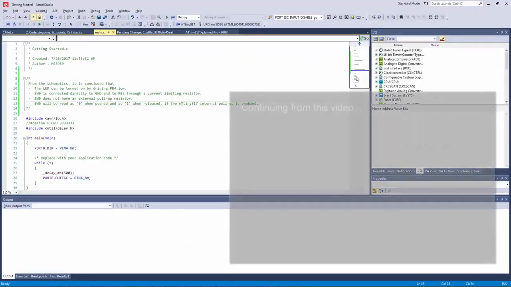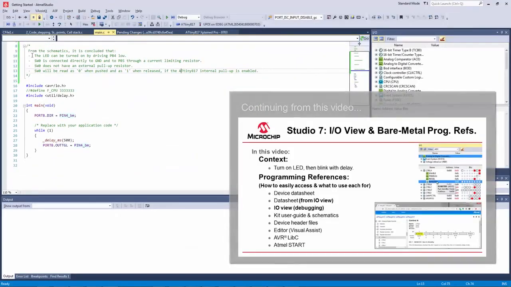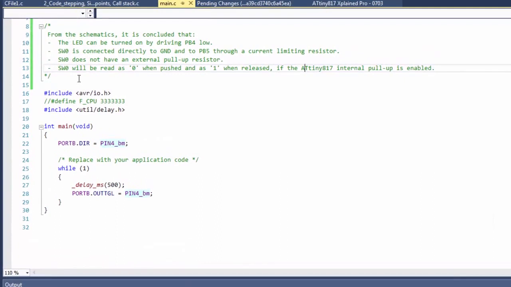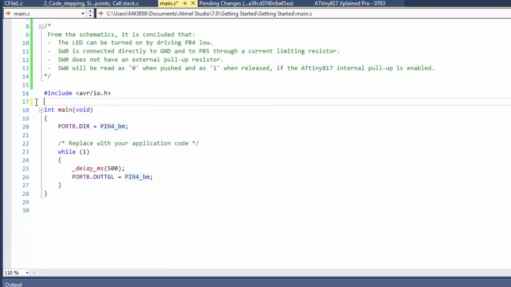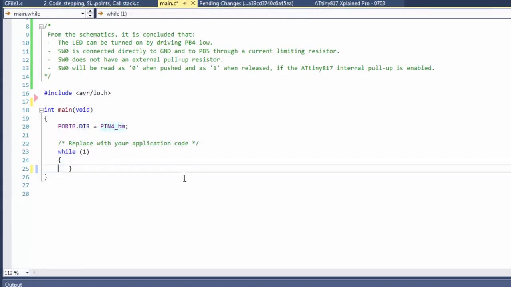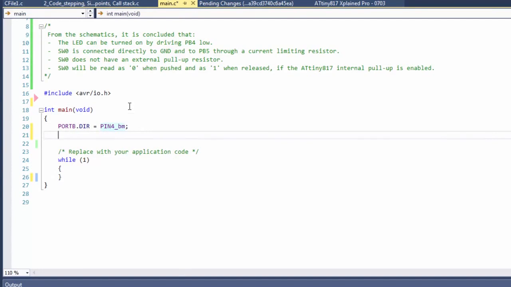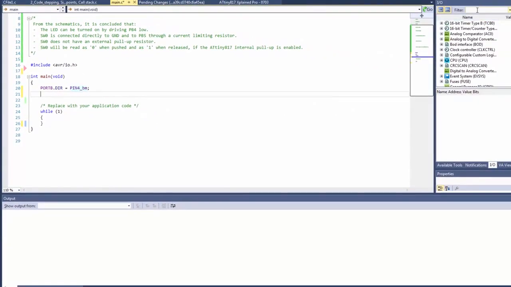So here we are where we finished before, and here from the schematic we have this list of things that we know and what we're trying to do. Initially we're going to remove all of what we did with the delays because now we're using a switch. We know that we need a pull-up resistor on port B5, so as before we can just use the port B,